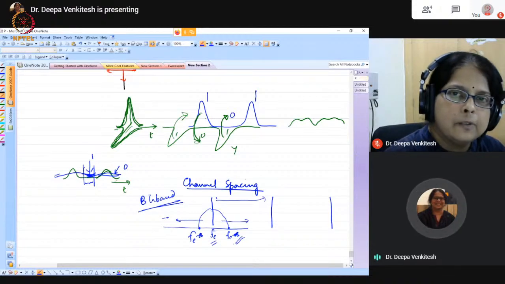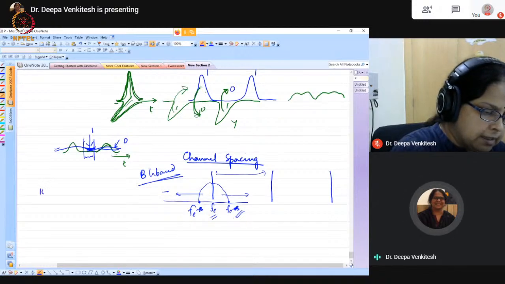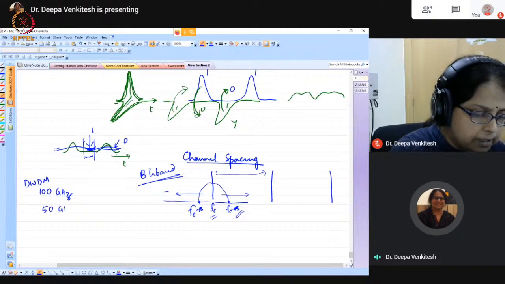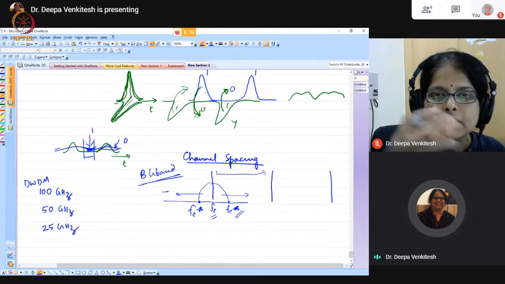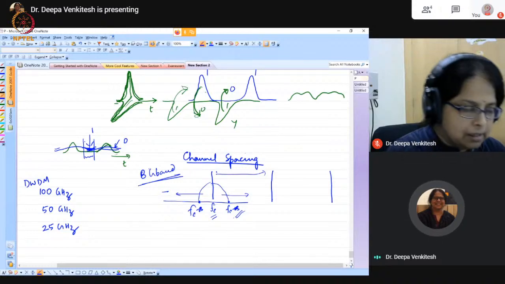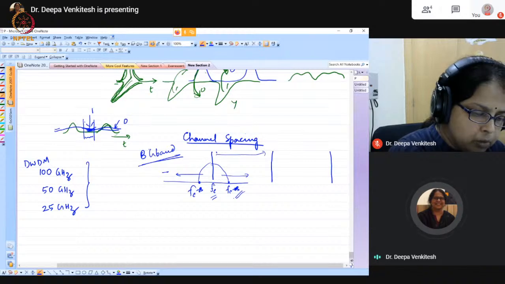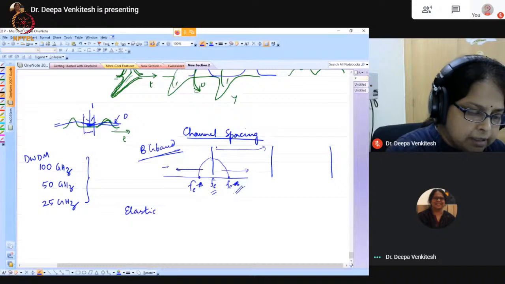So ITU has come up with some standards, and there are different standards. One standard corresponds to 100 gigahertz channel spacing, dense WDM. You also have a standard corresponding to 50 gigahertz, and there is also a standard which corresponds to 25 gigahertz, right? So obviously, if you make it 25 gigahertz, your baud rate is smaller. So the recent trend is actually to use what is called an elastic grid,